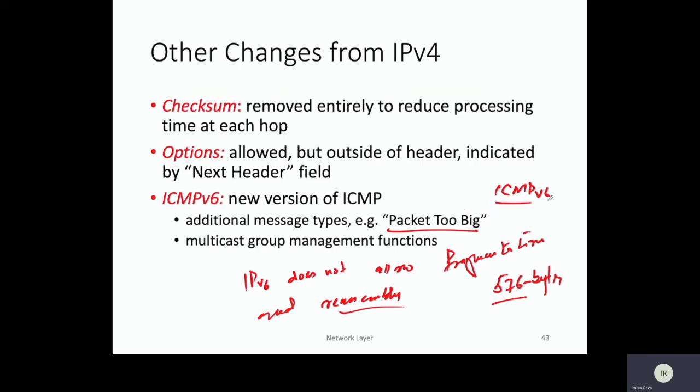So we have a new version of ICMP, that is ICMP version 6 for IP version 6, where we have included an additional message indicating the packet size, since fragmentation and reassembly is not allowed in IP version